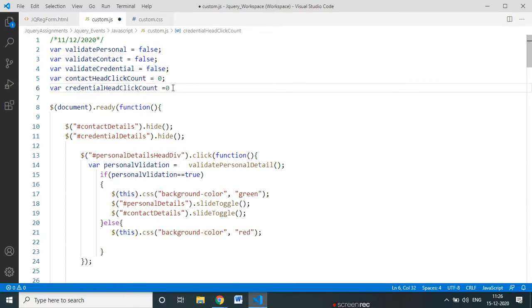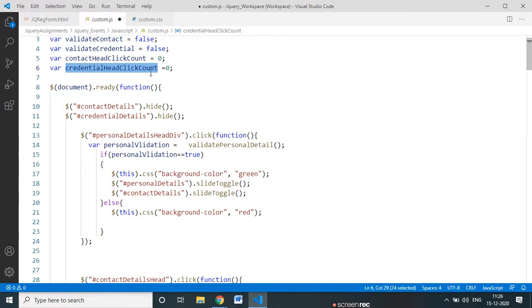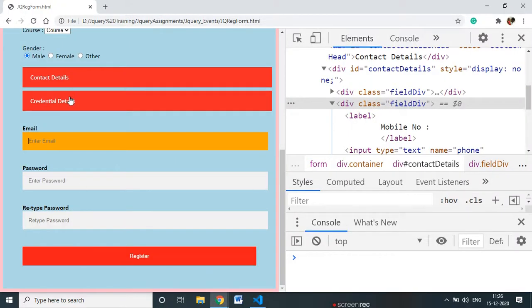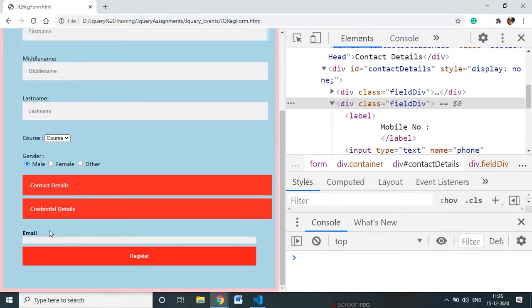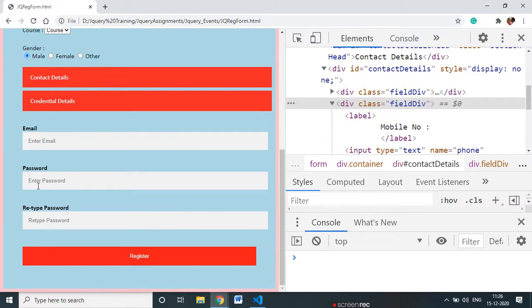Initially we use 0. Yesterday I discussed why we use 0: if initially we click on this, suddenly it will show us the error message. That should not happen. The first time it is clicked, it should not validate this section. After I click that, only then will it validate this section.